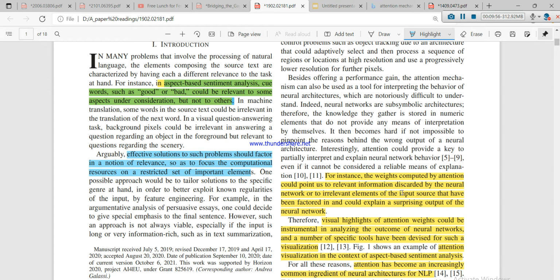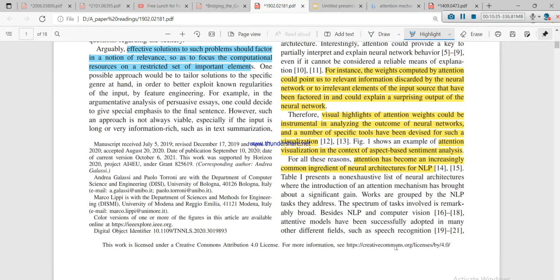Besides offering a performance gain, the attention mechanism can also be used as a tool for interpreting the behavior of neural architectures, which are notoriously difficult to understand. The knowledge they gather is stored in numerical elements that don't provide any means of interpretation by themselves, so it becomes hard, if not impossible, to pinpoint the reason behind a wrong output of a neural architecture. So attention could provide a key to partially interpret and explain neural network behavior. Okay, so these are highlights of how